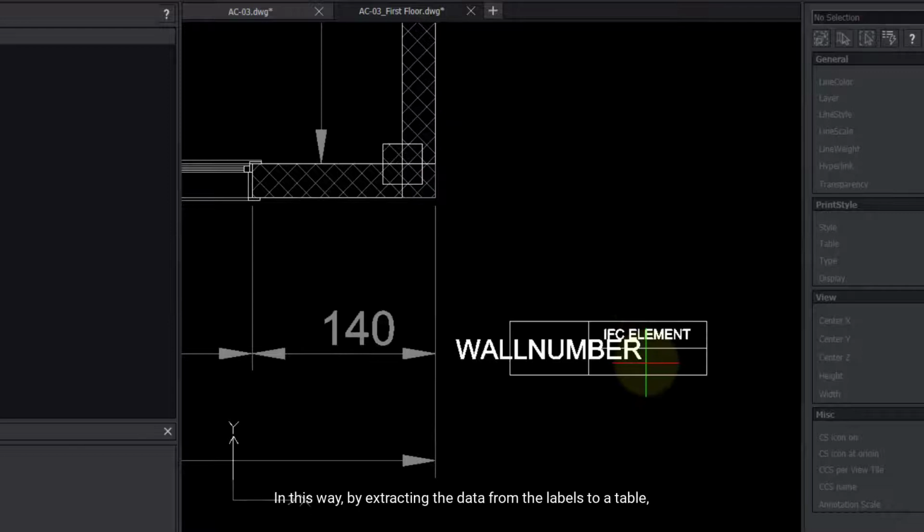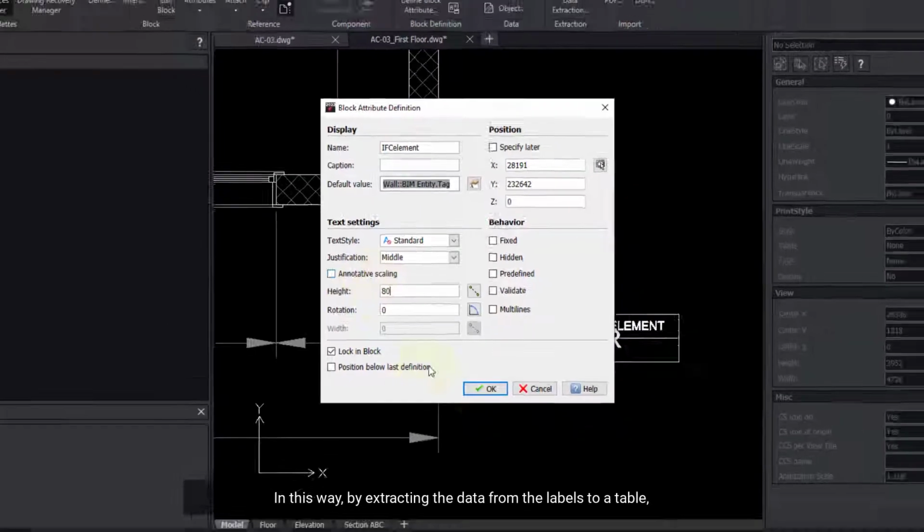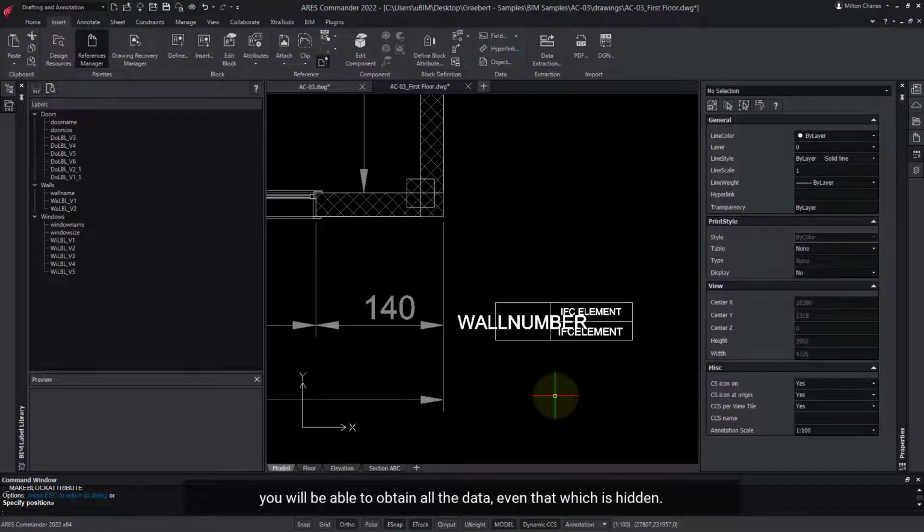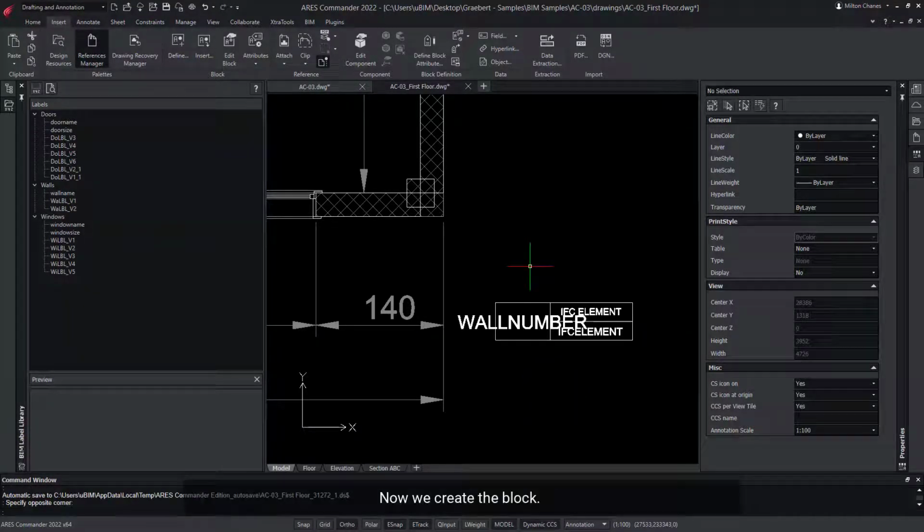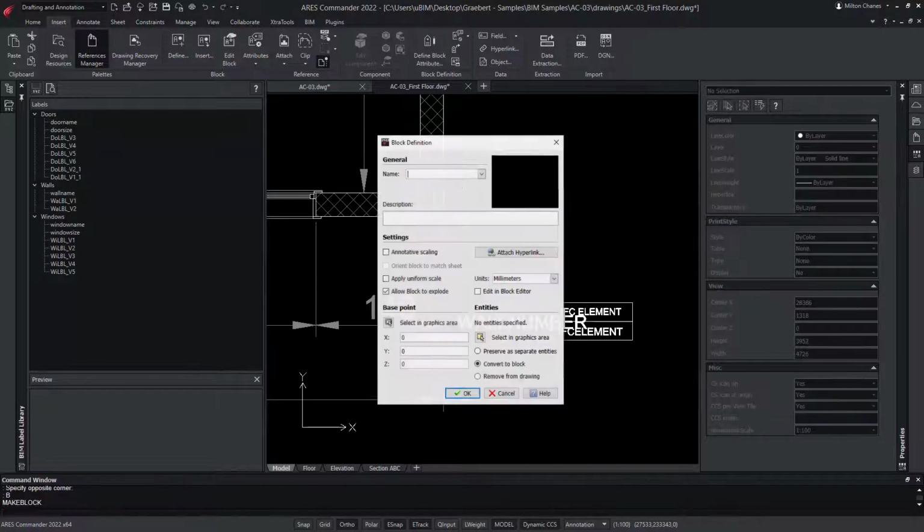In this way, by extracting the data from the labels to a table, you will be able to obtain all the data, even that which is hidden. Now we create the block.